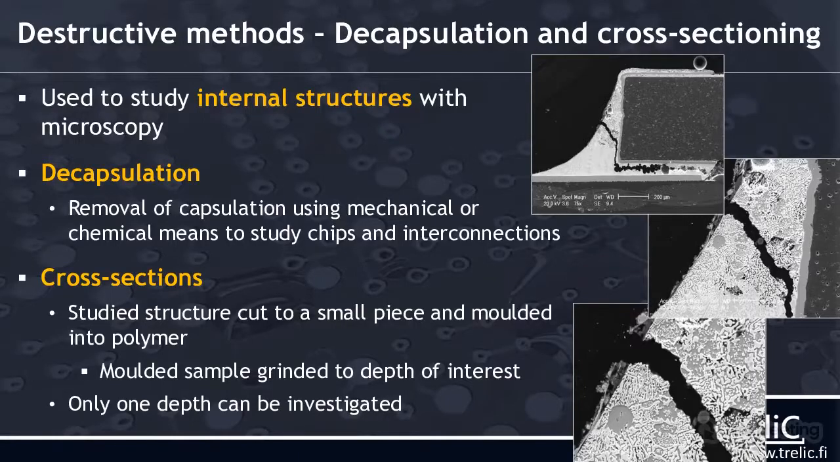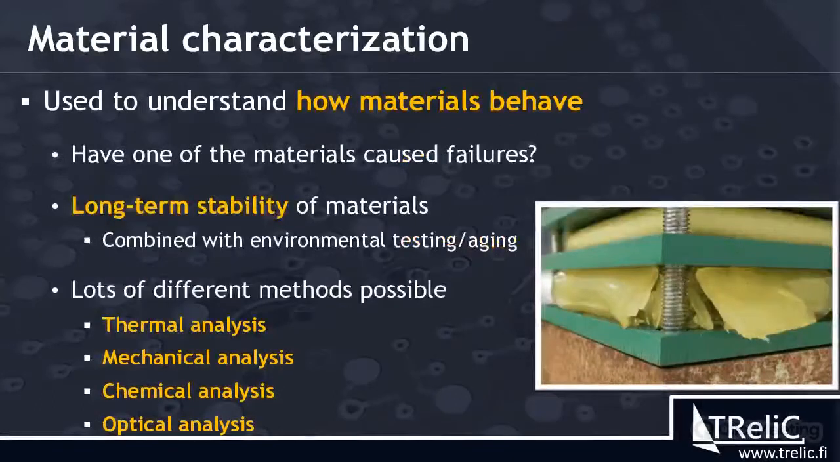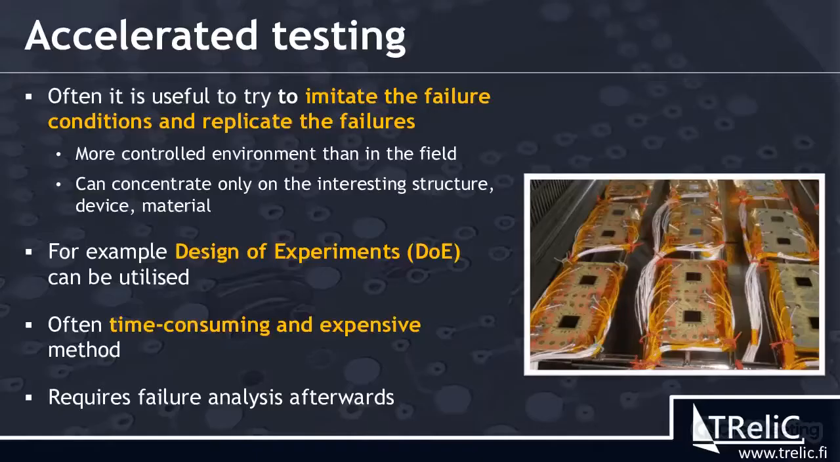The most typical way to do cross-section is to mold the studied structure into epoxy, for example, and then grind and polish it to the place which we want to study. The problem here is that we can only check one place. And I'm not going to talk about material characterization, so check the webinar next week for more details about that. So I will skip